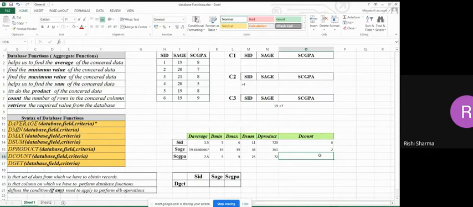Now to the last one. It's equal to DCOUNT, bracket open, data 1, J1, that is the field. And the criteria is, let's say, this one.